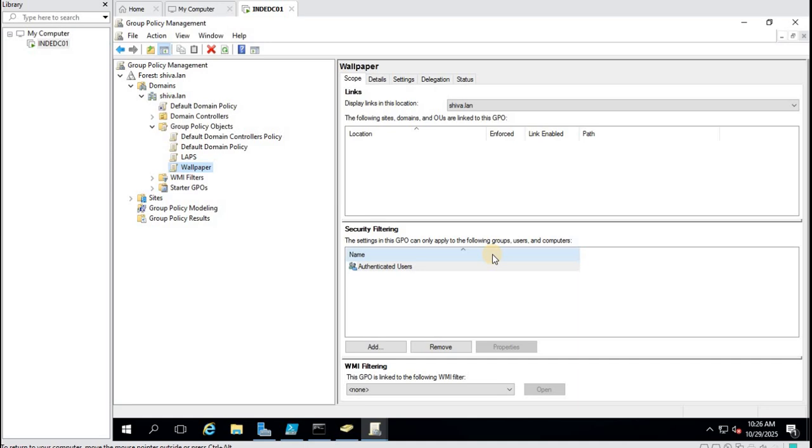So go for simple steps, and if you are not able to do so, you can just promote another domain controller as an additional domain controller or child domain controller with enough free space or the desired location for your SYSVOL folder, because while promoting a server as a domain controller, you have the option to choose the default C drive or any other drive that you want. And later on, if everything is working fine, there is no replication issue, and dcdiag is not giving any error, then you should